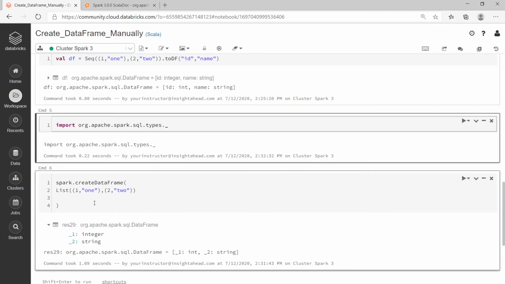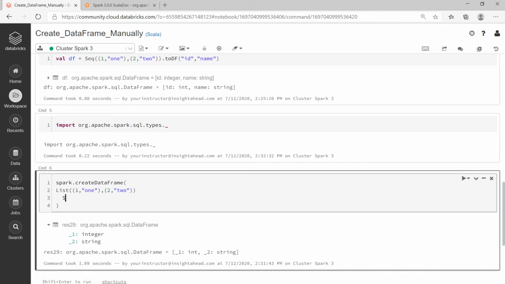And this will import the types. Now we can define a struct type. So a struct type is a list of struct fields, and a struct field contains the name of the column, the data type of the column, and information whether the column can be null or not. So let's do that. Struct